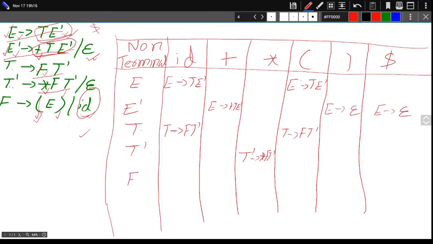T dash derives epsilon. So T dash derives epsilon means it will be inserted in follow of T dash. Follow of T dash will be follow of T dash, and here also follow of T. Follow of T is first of E dash. Okay, first of E dash,